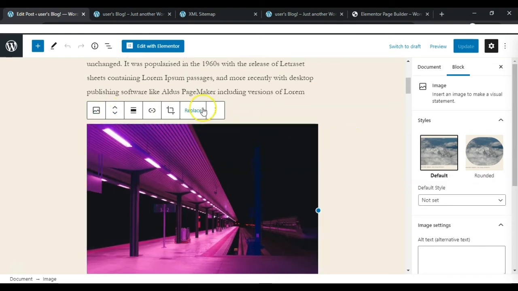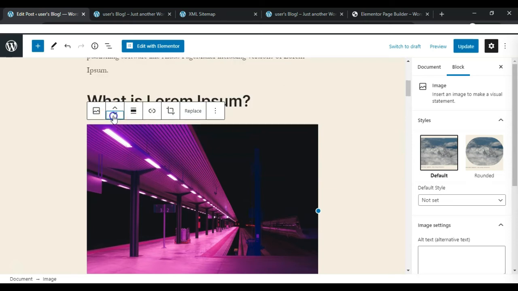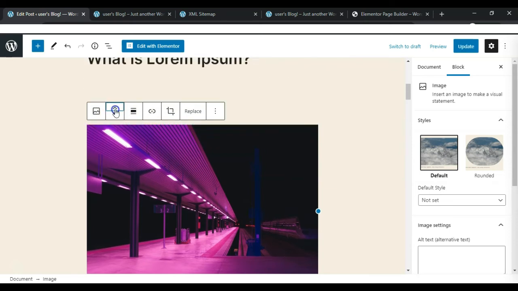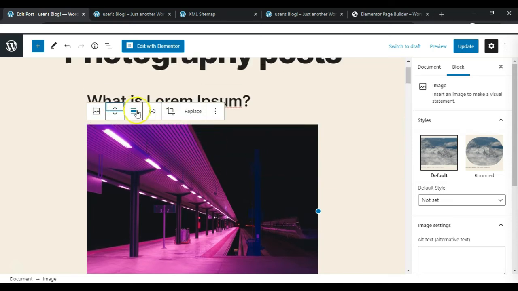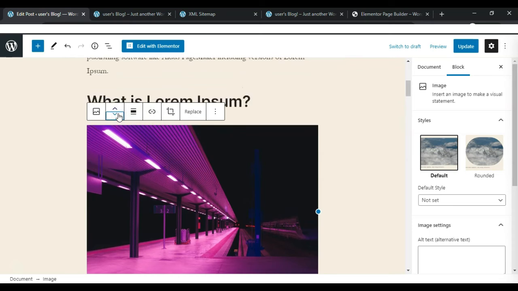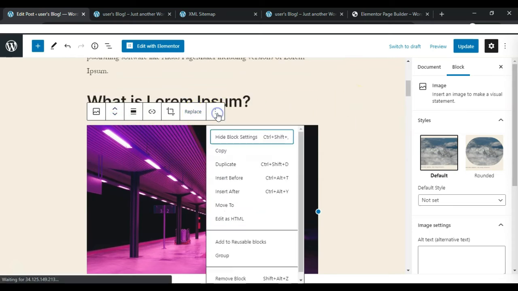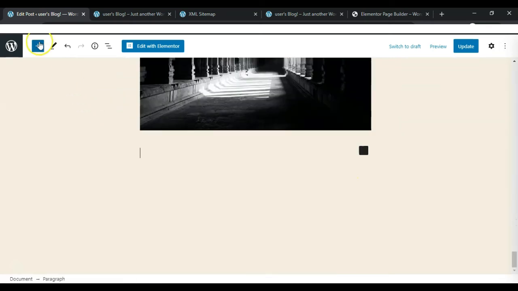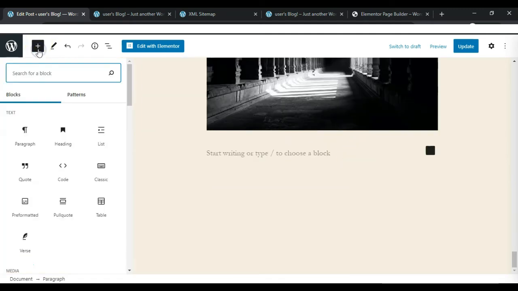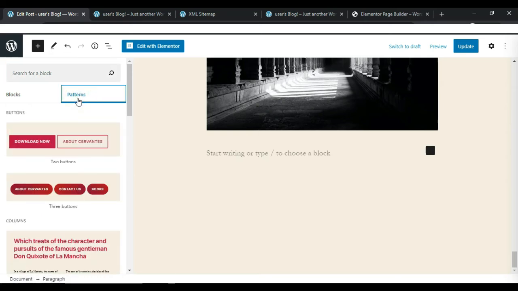Another thing is a little bit of change in the layout of this bar, and you can now move the blocks up and down easily. I think it was present earlier as well. Now there is a difference in the look and feel of this. Now if you need to add a new block, you can just go ahead and add it from here or from here. But the new thing here is that there is a new section called patterns, which are actually pre-made